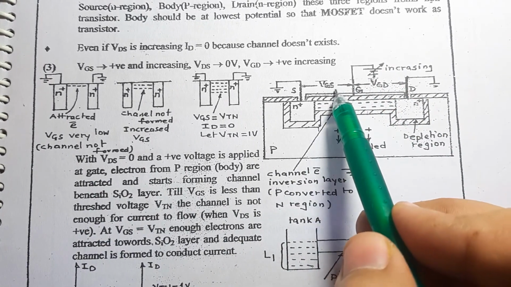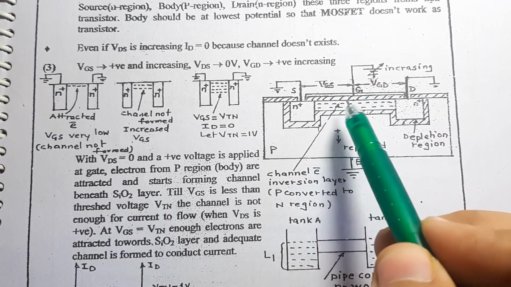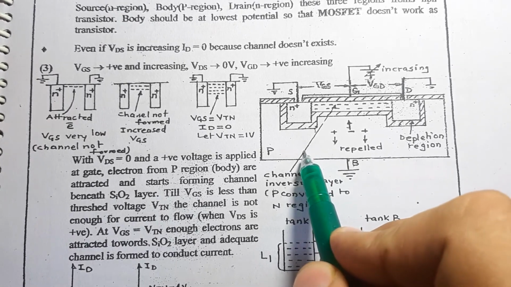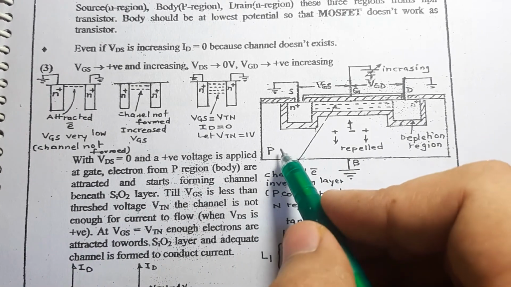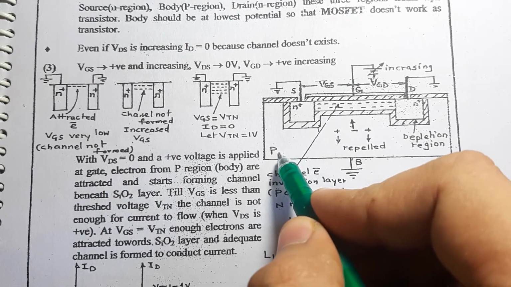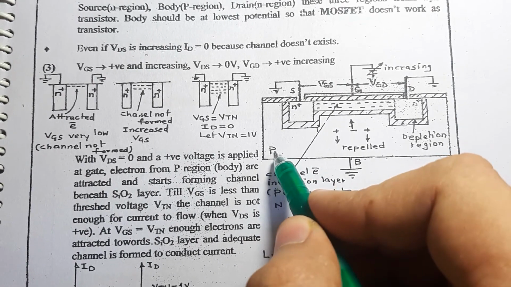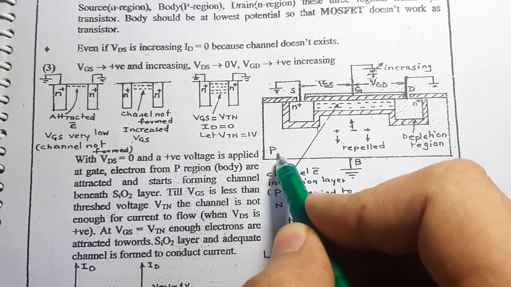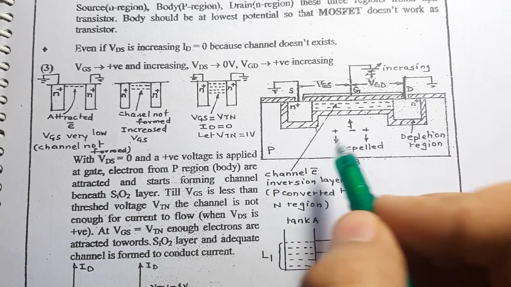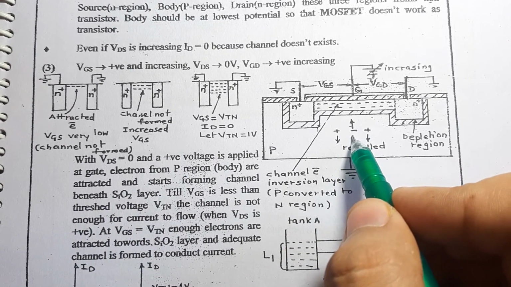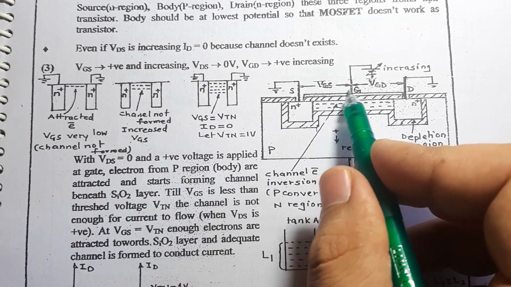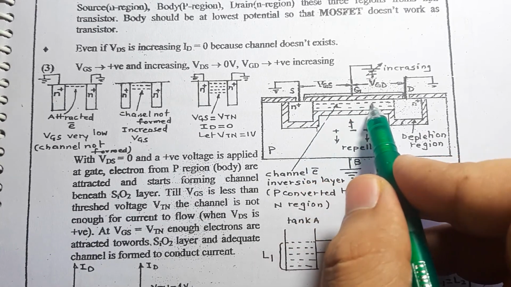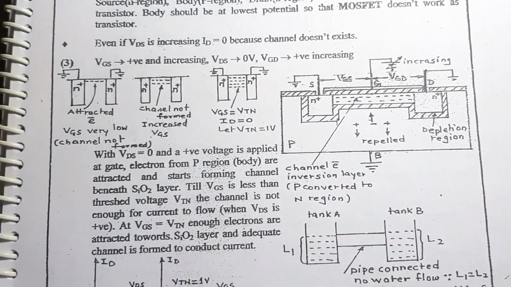Hence, the positive polarity over here will try to attract the negative electrons which are present in the p substrate body. Now my students would be confused: if it is a p body, then how is it possible to have negative electrons? Do remember that a p body has majority holes, but minority carriers are electrons. So the minority electrons, which are very few in number, will be attracted towards the positive polarity. In other words, they will be accumulated over this region.